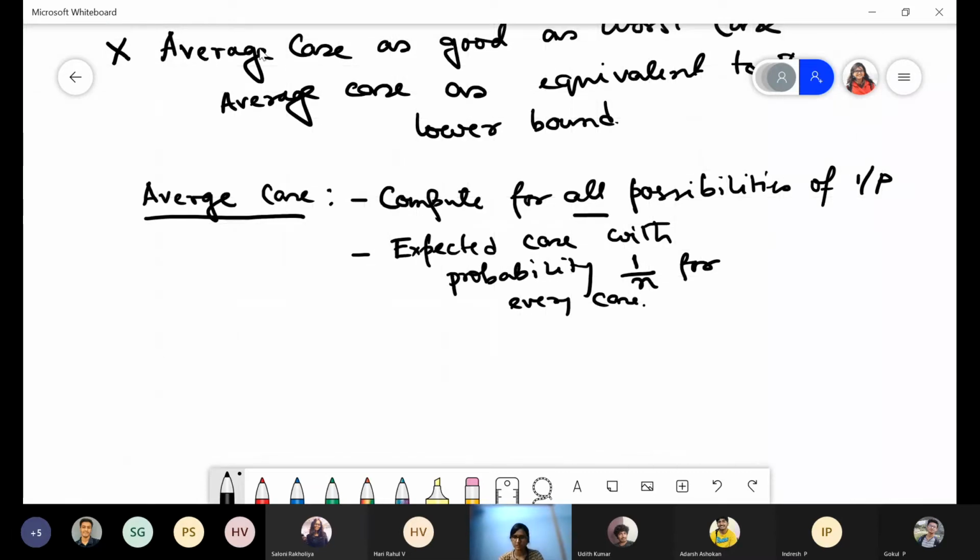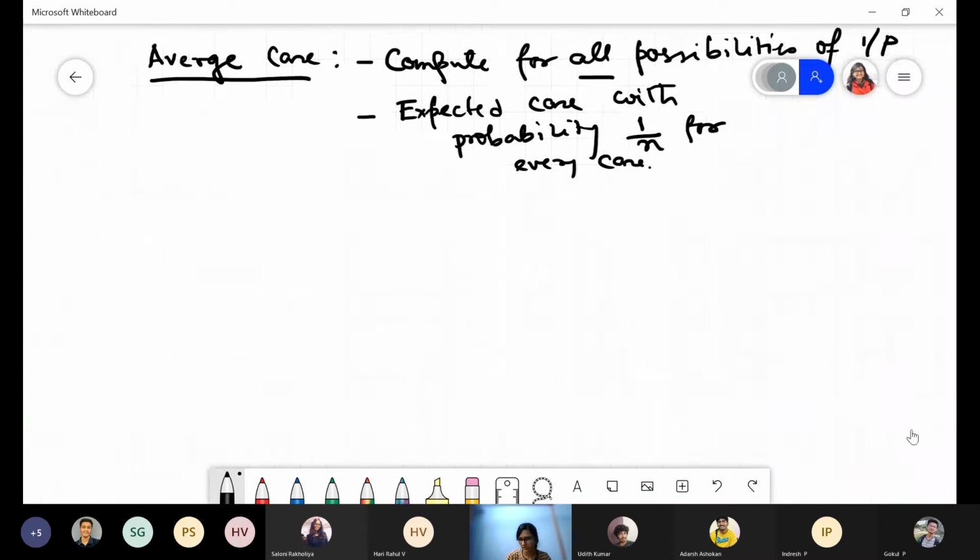Okay. Now, can anyone tell me what our quick sort algorithm was? What was the idea? Choose an element, and every number which is less than that element, you push to the left of it, and everything that's greater, push to the right, and do the same thing for both parts. Okay, so we have a pivot. Say the pivot is Kp, and classically we choose our pivot as the first element, right?